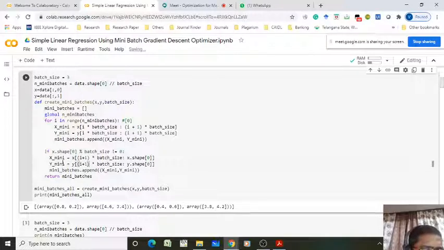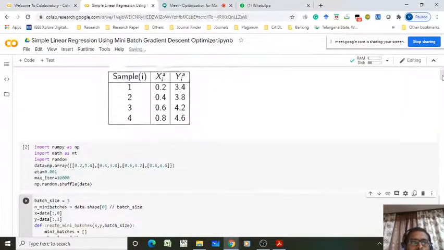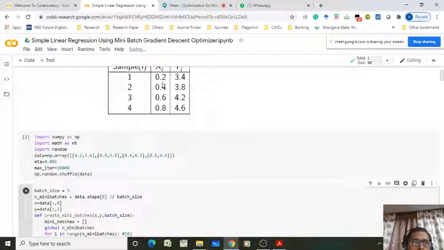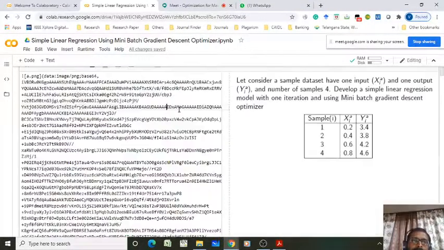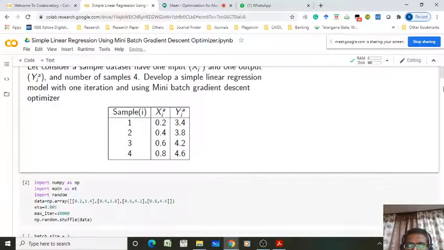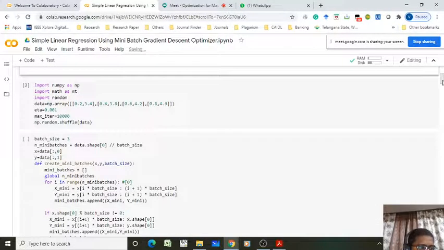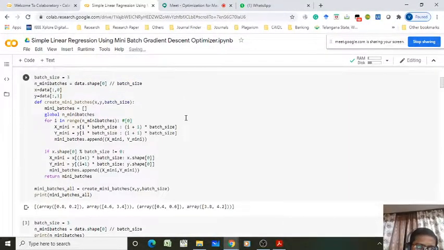So now see what happens. It is true, i equals 0, then 0 plus 1, 1 times batch size 3 colon to 4. So 3 colon to 4 means the third index element. That means third index element means 0, 1, 2, 3. So this will go to the next batch. Similarly, Y 4.6 goes to the next batch. Right? Agree, I think. So then we have a mini batch separately now. Now we can execute this one.